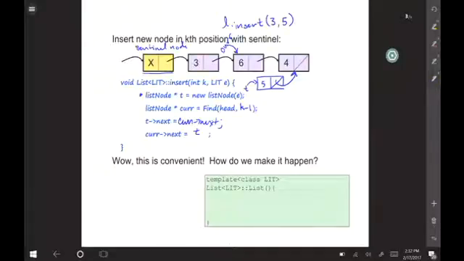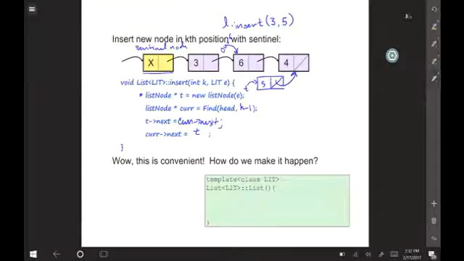Any other questions about this? Where'd the if statement go? That insert at front now is not a special case, because what's true no matter where you want to do an insert is there's always a node before. There will always be a place to set up that pointer cur that we have here, because that sentinel node plays that role. Okay? Did you have a question? No? It's okay?